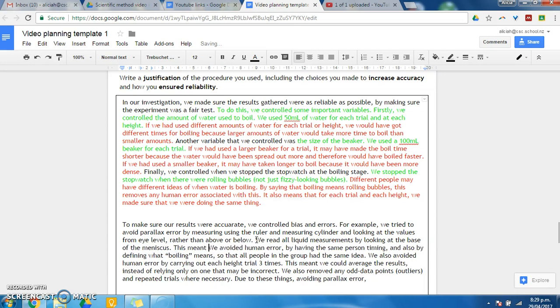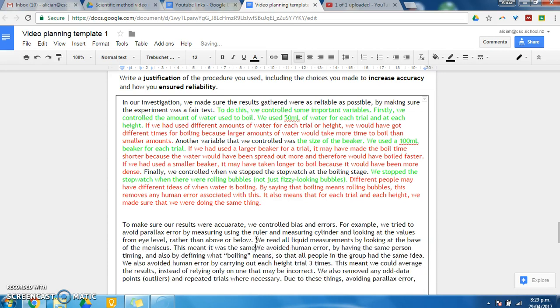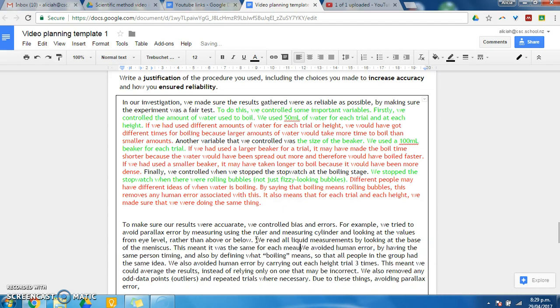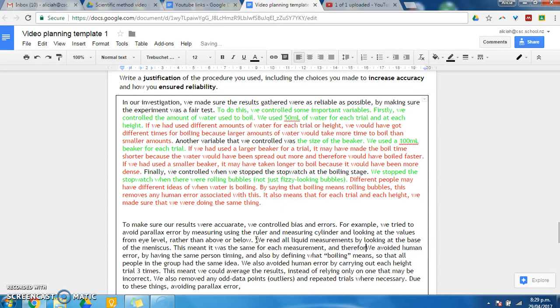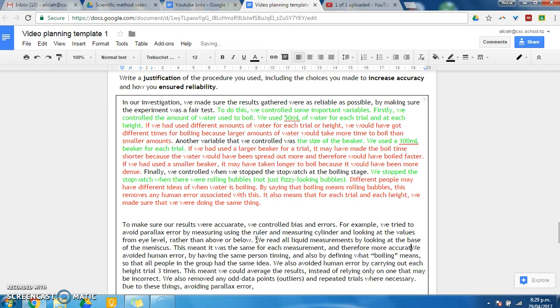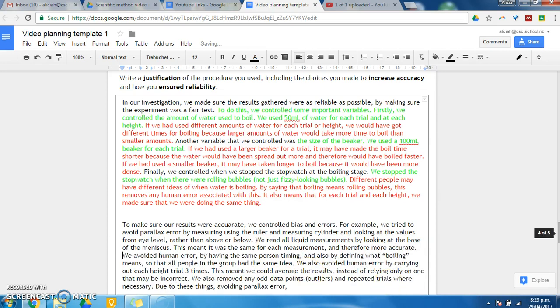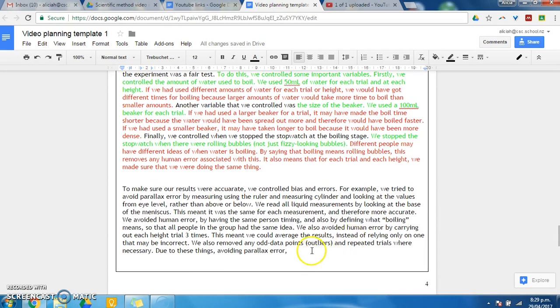This meant it was the same for each measurement and therefore more accurate. Okay, right, back down to here. So summing up, due to these things, avoiding parallax error